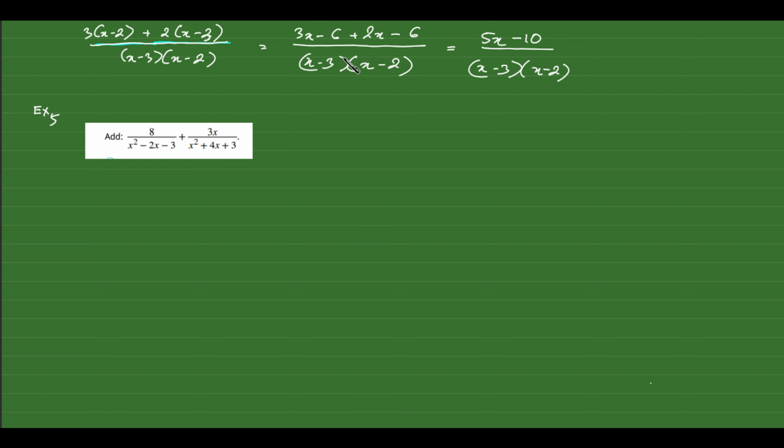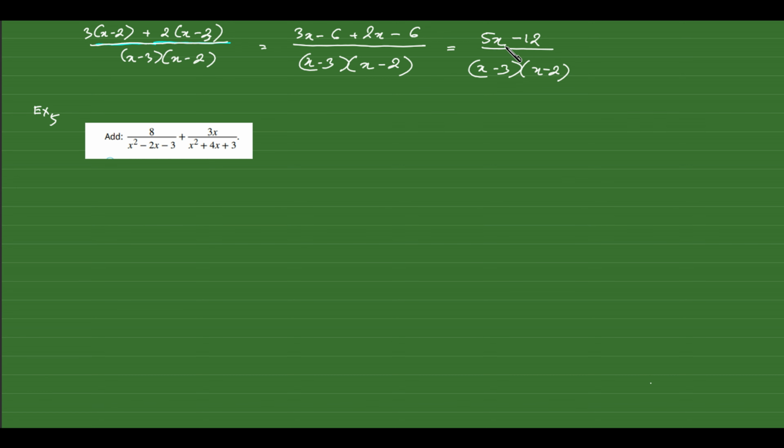So it will become negative 12. There you go. 3x minus 2 plus 2x minus 3. Yep. Alright, and now you see that 5x minus 12, you cannot go ahead and find GCF or anything,